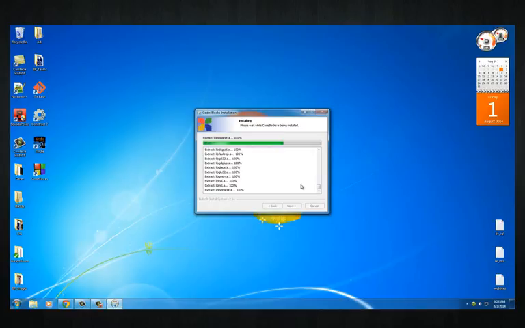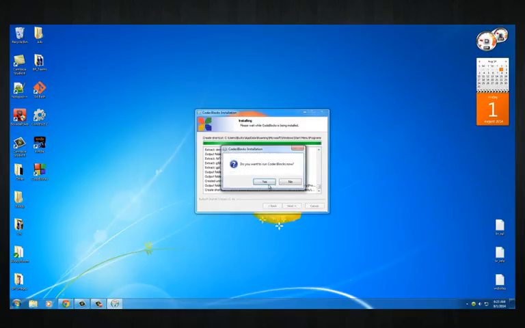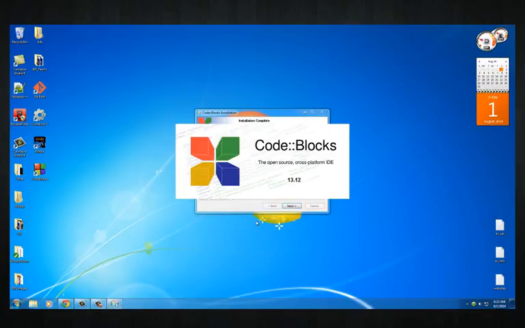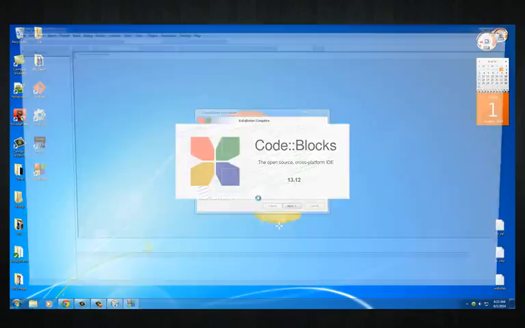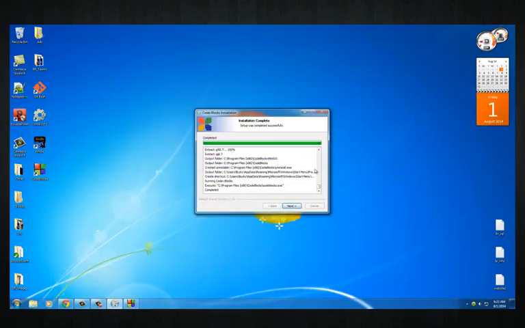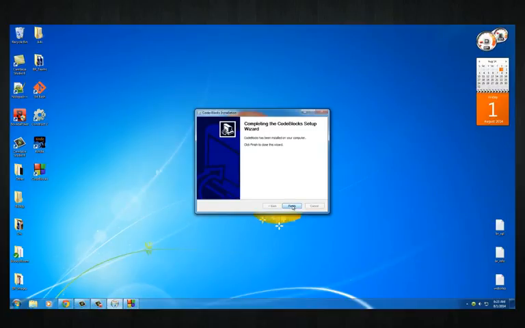Alright, so this bad boy's installing, and once it's ready, it actually puts an icon on your desktop, which is really handy by default. So this bad boy opens up, and it might take a while to boot up if you're starting it for the first time. And the first thing I actually want to do is minimize that, and I can click next, finish out of that,